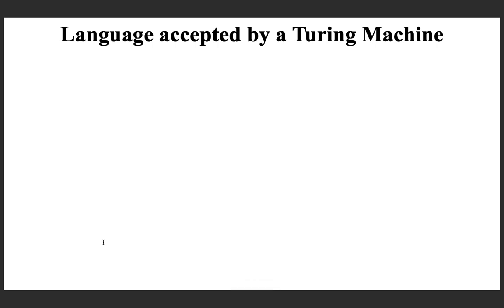So with this, now I think we can look at the language accepted by a Turing machine. We are going to formally define it. For that we need the configuration which is a triple, and we know that from one triple, by applying 0 or more transitions, you can go to a configuration represented by another triple. So this is what we are going to see on this slide.